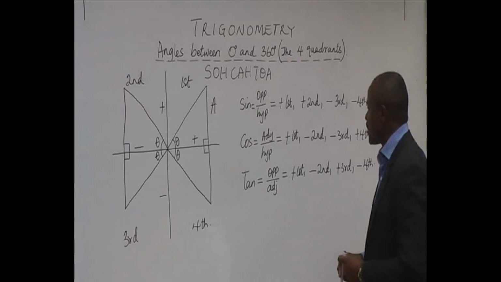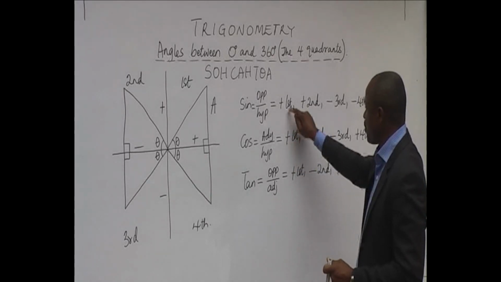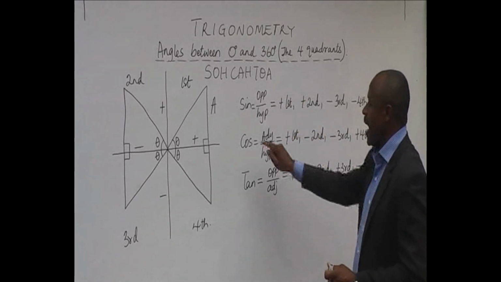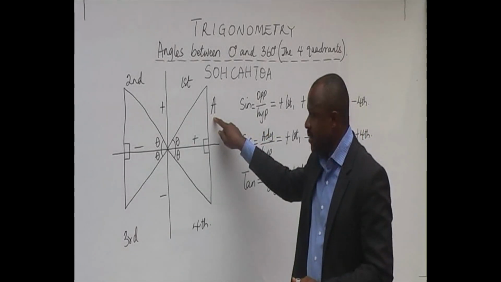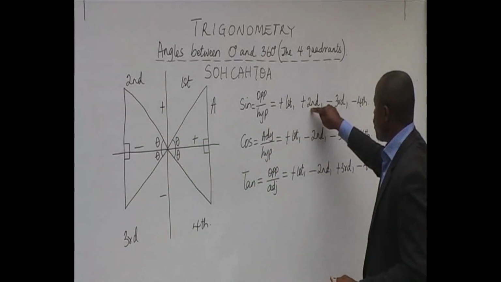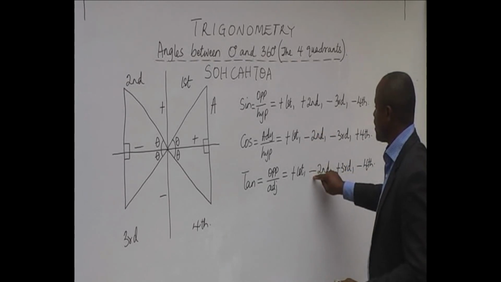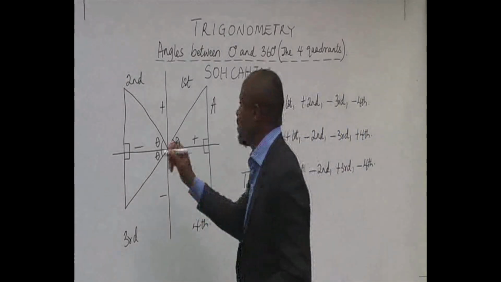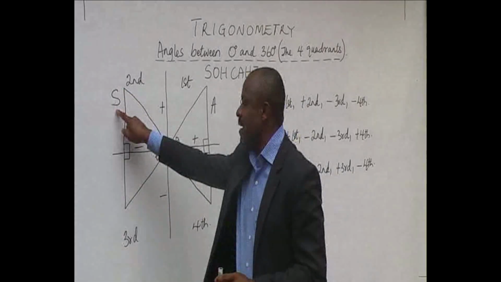This now shows us that in the first quadrant, all the trigonometrical ratios are positive. And that is why you see A attached to the first quadrant. Now in the second quadrant, let's check. It's only sine that is positive. Cosine and tangent are negative, that means you are going to have S here, signifying that only sine is positive